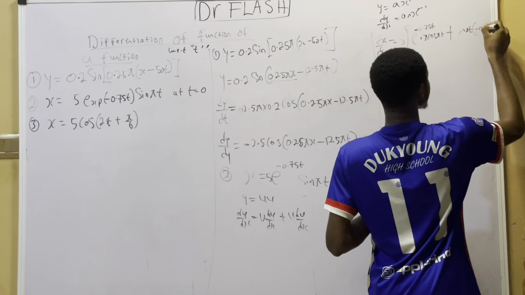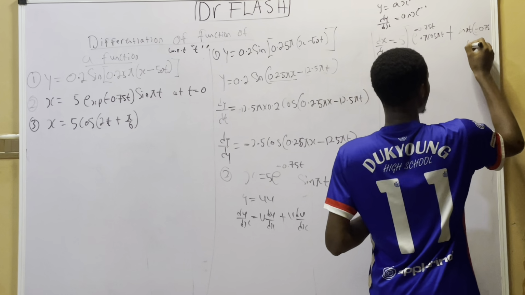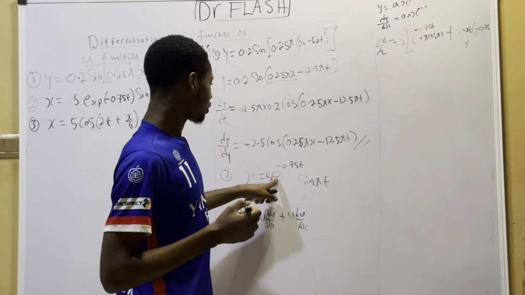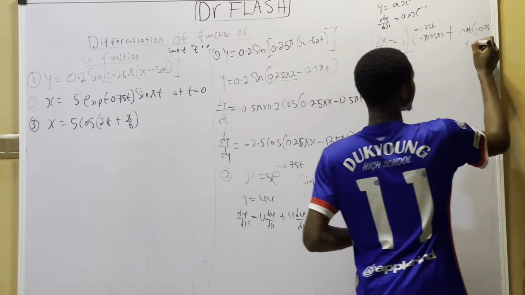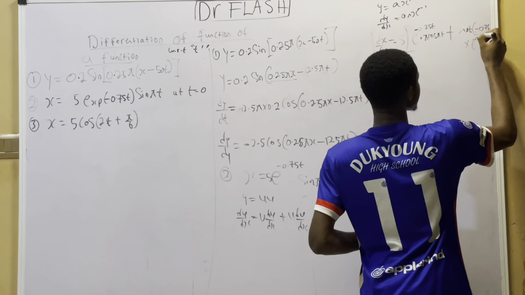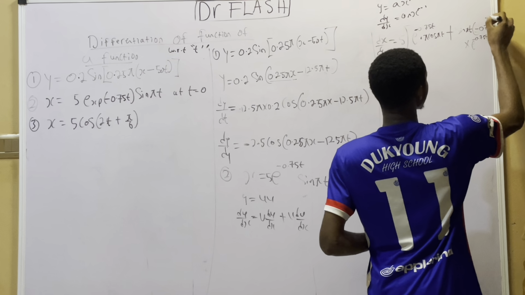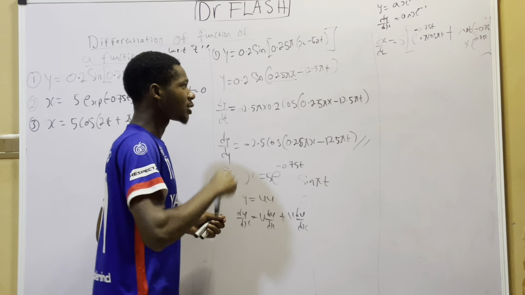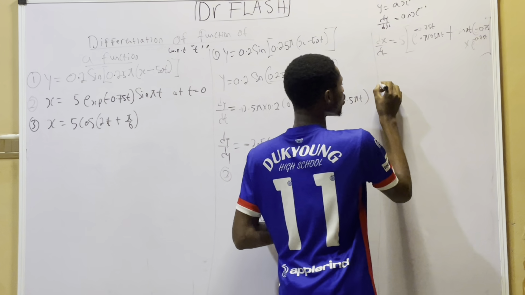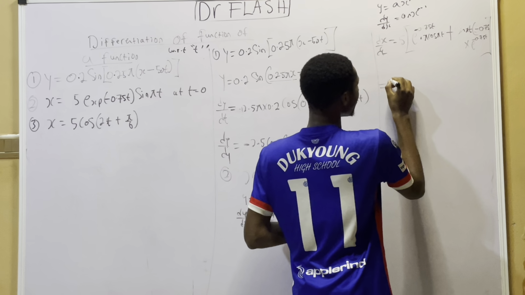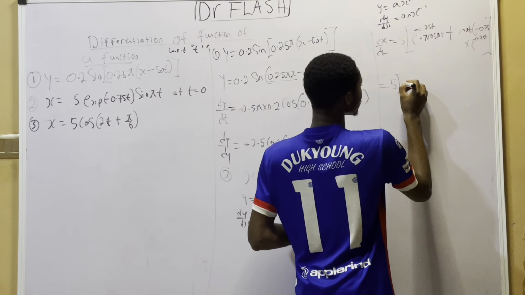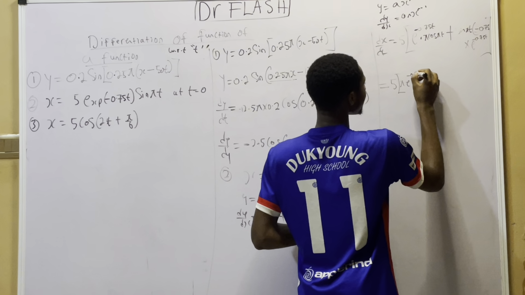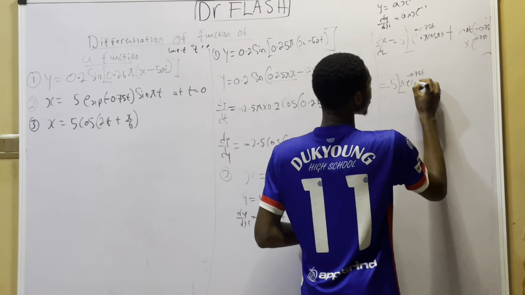Okay, minus 0.75, multiplying exponential minus 0.75t, okay, exponential minus 0.75t. Now let's simplify, we're done differentiating. So it's as easy as that. So from here, dx/dt will be equal to 5 in brackets,